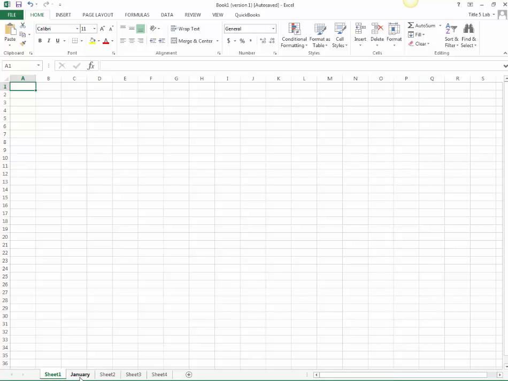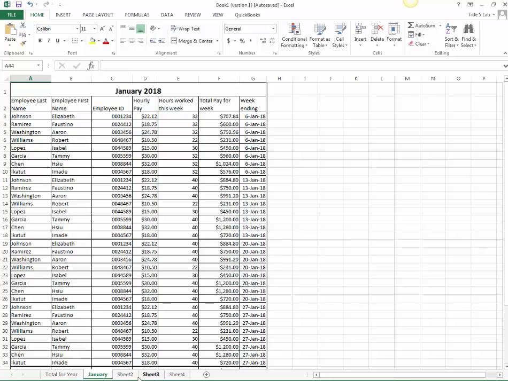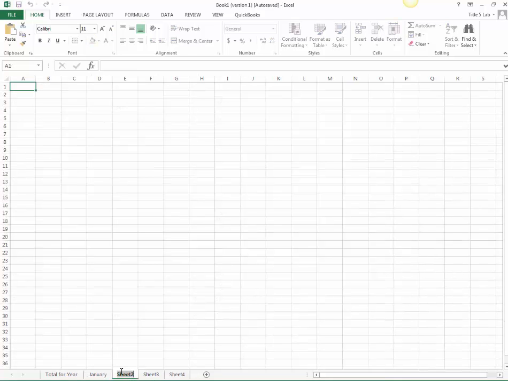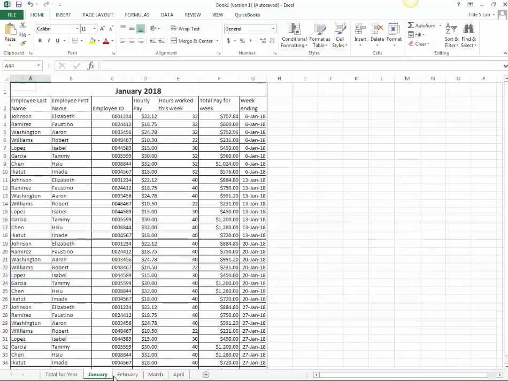So now I've got sheet 1, and then I've got January. I'm going to double click sheet 1 and change that to total for year. So this is going to be our total payroll for the year. And then I have January, and then I want February here, so I double click on sheet 2, and I'm just going to type in the word February. Double click sheet 3, double click sheet 4. Oops, that's April. And so you would have one tab for each month, and then you've got one tab that's the total. Now right now these are all blank,